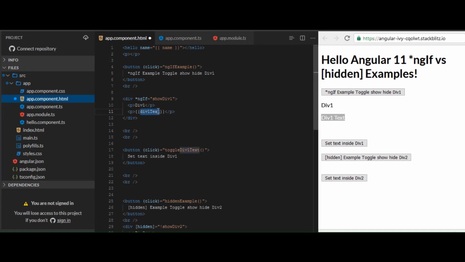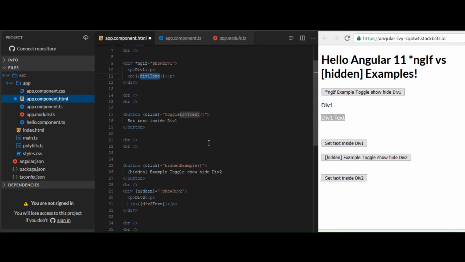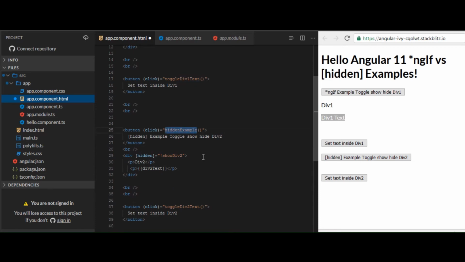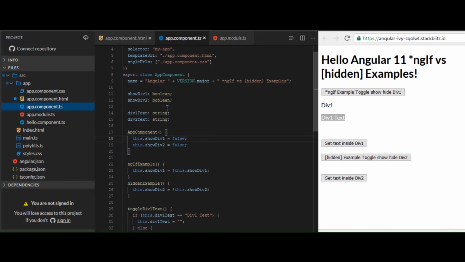The same goes for the hidden example. In the hidden example, what's happening? I'm going to set hidden, and the value is not of showDiv2. As you see here, we are setting showDiv2 as a boolean and initializing it with false, so by default it is hidden.